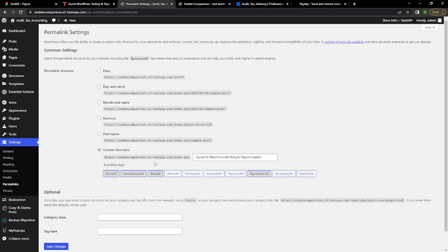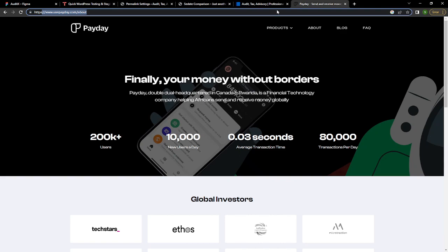And they have this structure, like you have payday.com, you have year, month. This is the default, the one that has been selected by default. You don't want this. So you just come to post name. So now this is the display. Post name. This is ourwebsite.com/whatever the name of that page is,